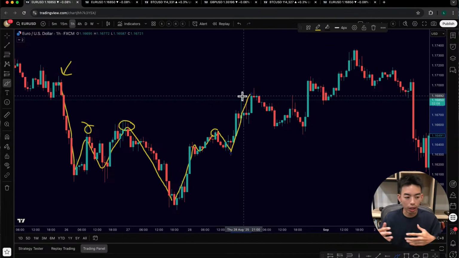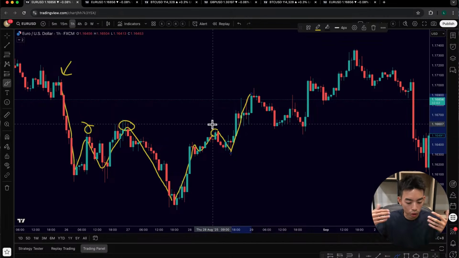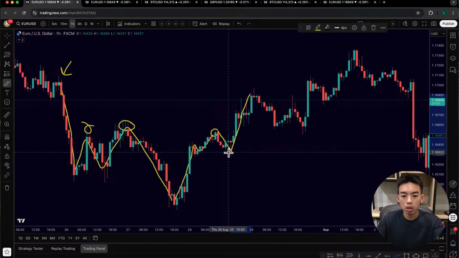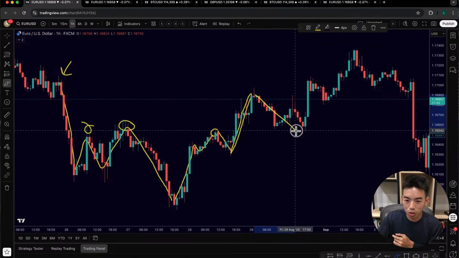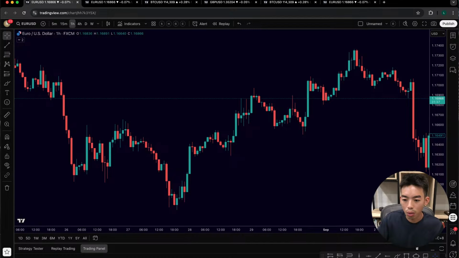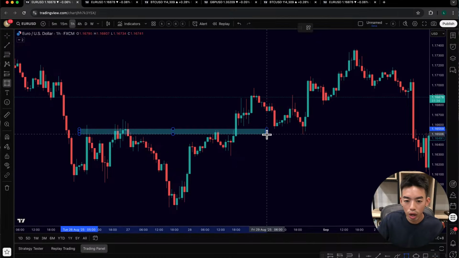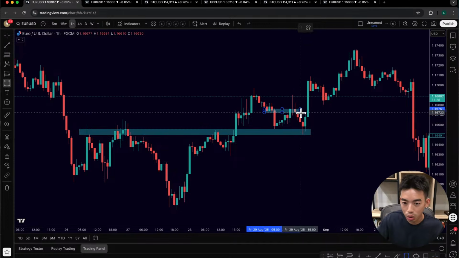Again, put yourself in the position of sellers. If you're a big institution trying to sell the market, you're trying to take price down, and you're selling in all these 3 spots, and you see price breaching towards the upside like that. If you want to get out of the trade, the very same thing would apply here. As price comes down into this region, you want to get out of your position. So what's actually happening here is we have an area where sellers are trying to release, and we have an area where buyers right here are trying to release.